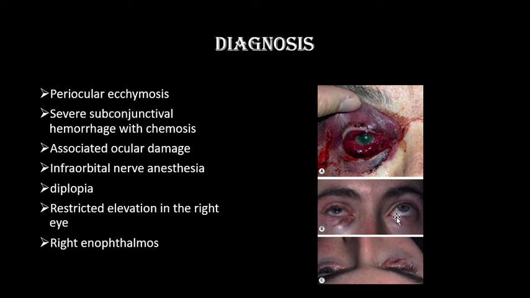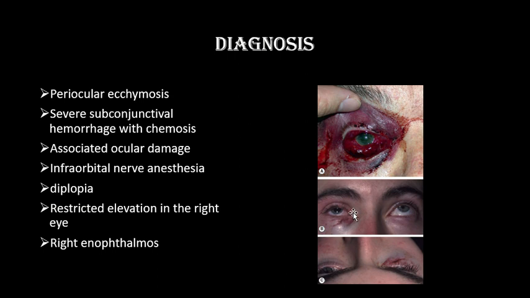We can see this eye is showing full elevation, but this eye is showing restricted elevation, and we can see enophthalmos also. If you go behind the patient and ask the patient to look down, we can see the globe here, but here we cannot see. So again, there is right enophthalmos, and there is restricted elevation in the right eye, and there is diplopia also